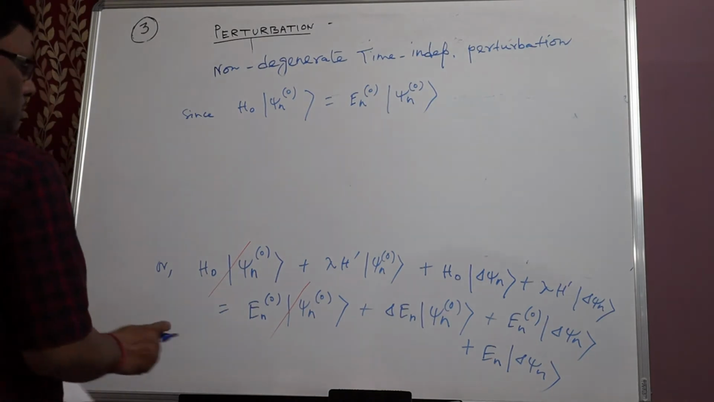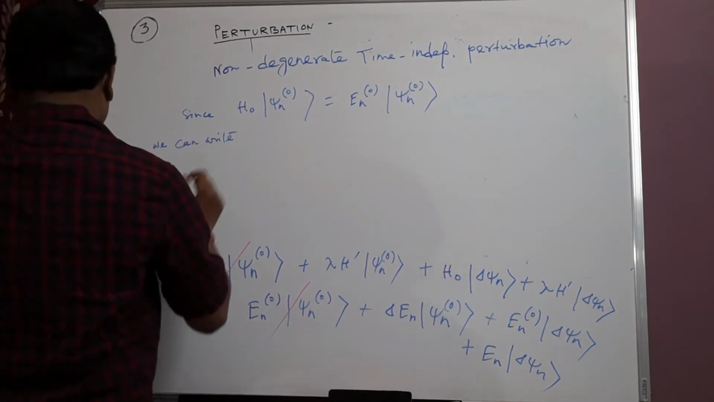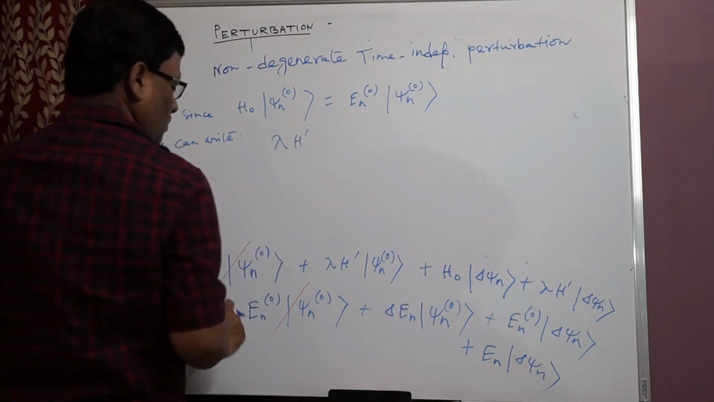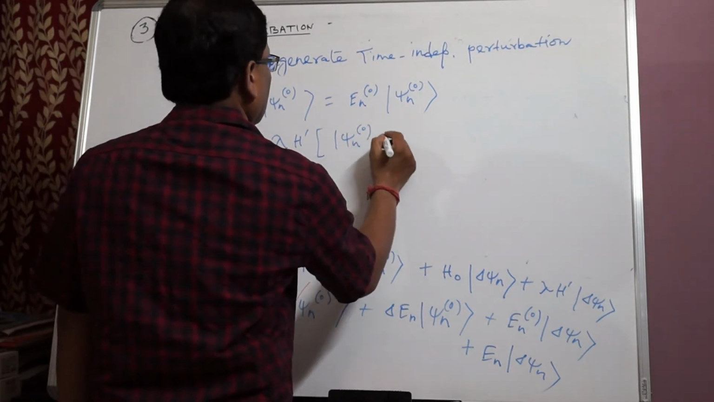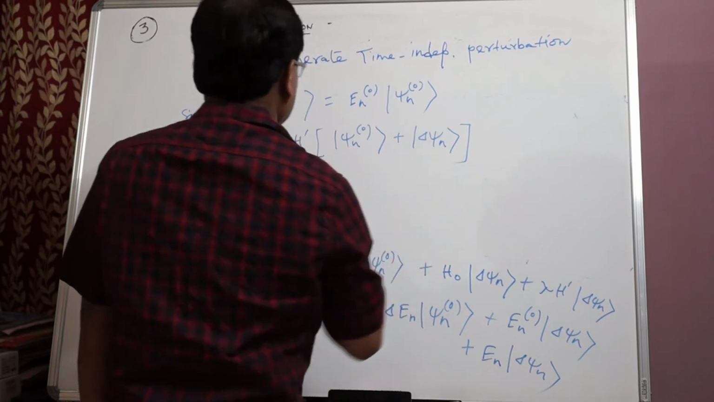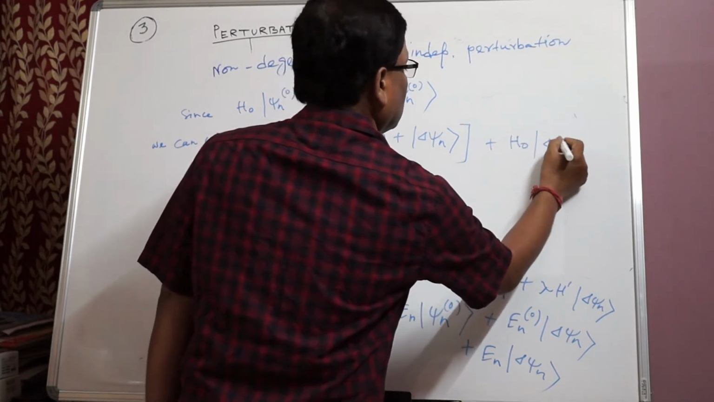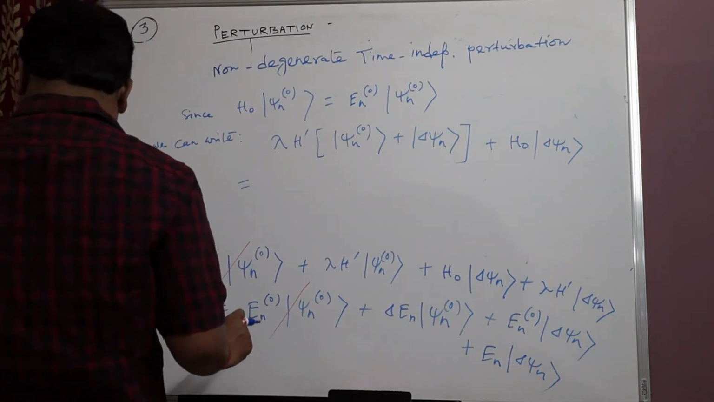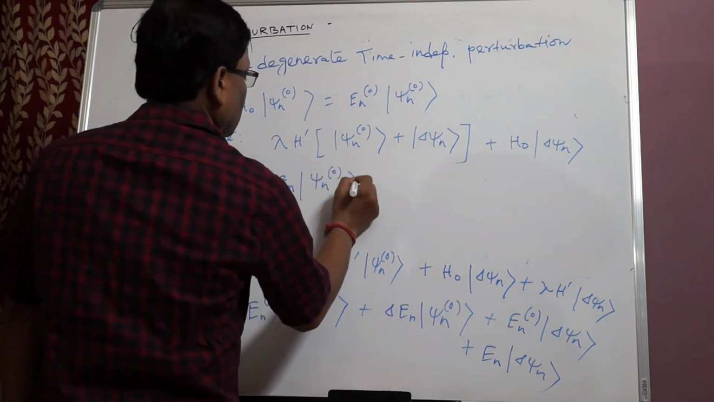So I can write this as lambda H prime plus 0, this one equal to this 3, del En plus